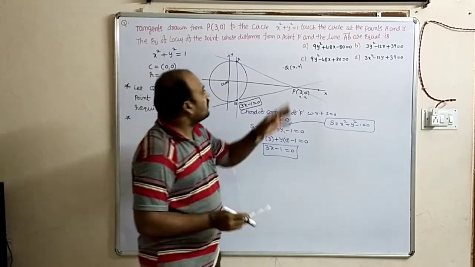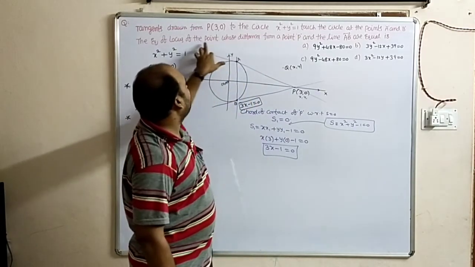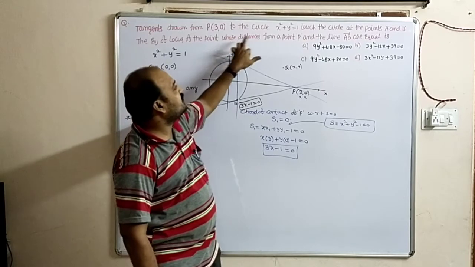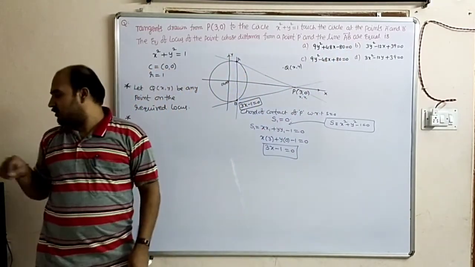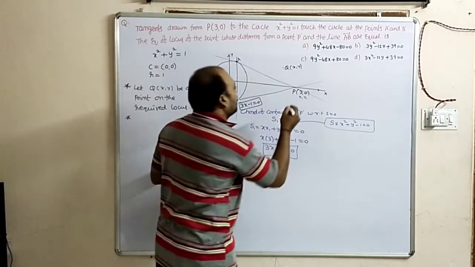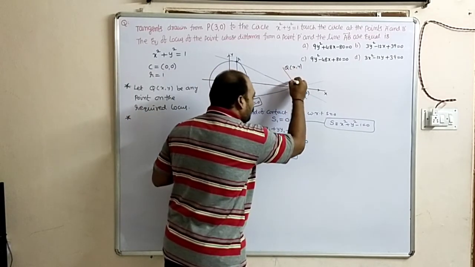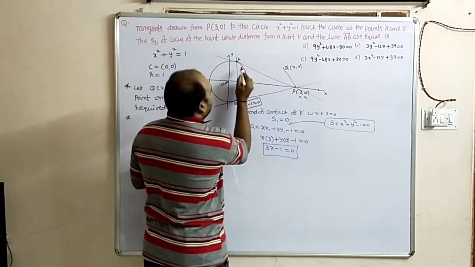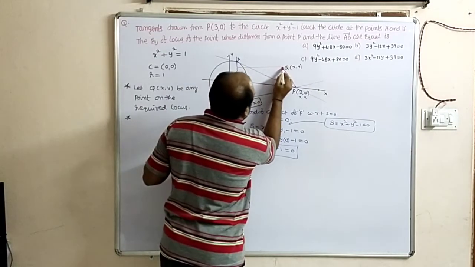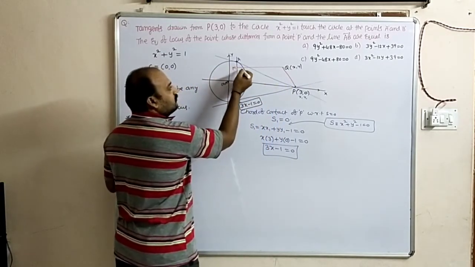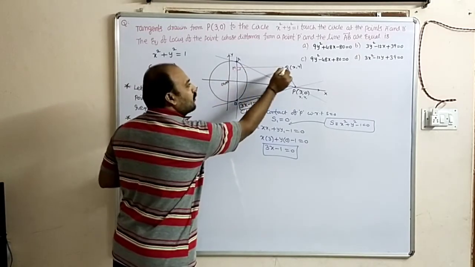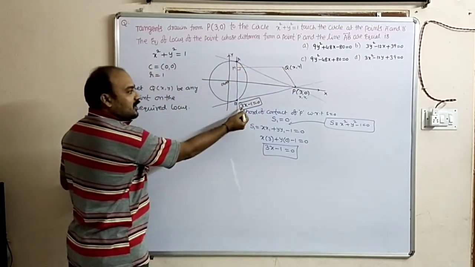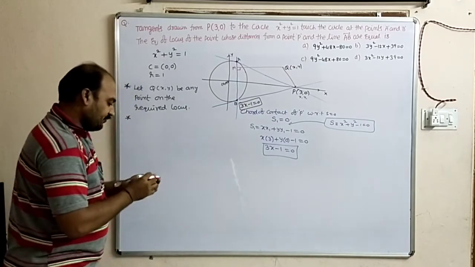After that, the condition is also there: the locus of a point whose distance is from the point P and the line. That means here I will show the distance PQ and the distance from Q to this line, with M some point on it. That means this is the perpendicular distance from point Q to this line 3x minus 1 equal to 0. Given that